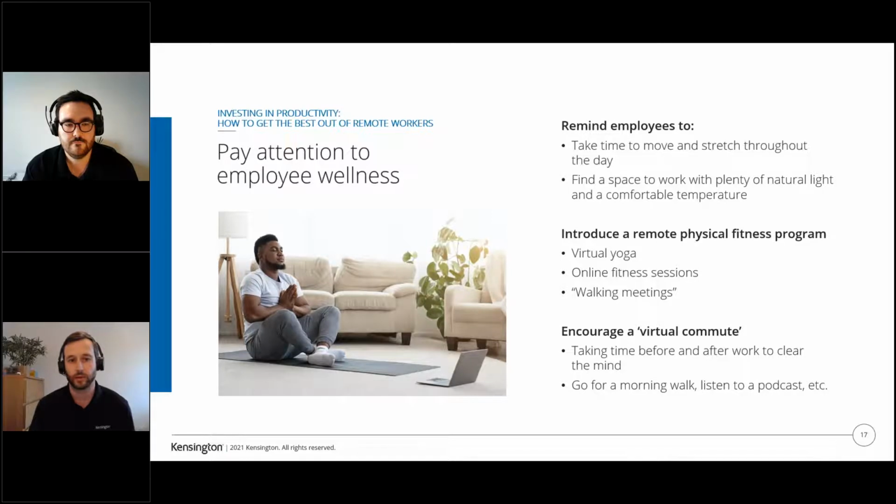Also, it's important that employees have mental and physical wellness while they work. Organisations need to make sure their employees are focused on this as well. Something we say you should remind your employees to do is take time out of your day to move around and stretch. Sometimes we're stuck on team calls for 2 or 3 hours continuously, not moving from our desks. We're not going to a coffee machine or having a face-to-face chit chat with someone in the office. So it's important that people do move while they're working, stretching as they go along,